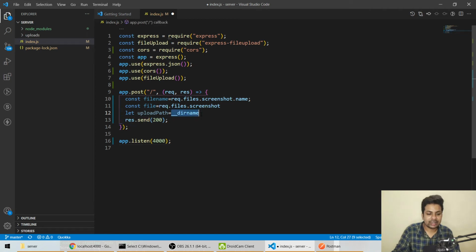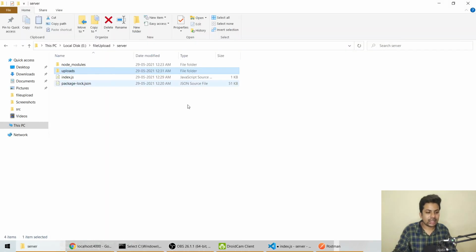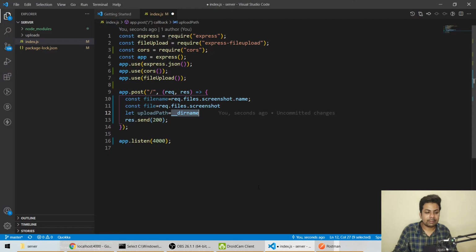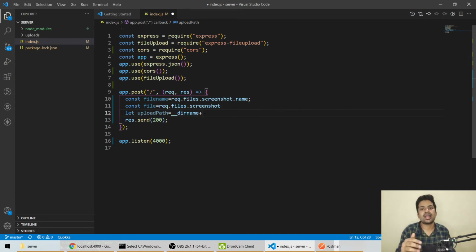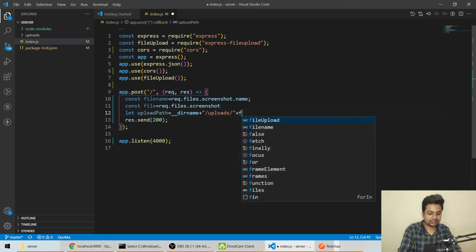This command automatically outputs the name of the directory, like e colon slash file upload server, the present location of the file. Then I have to go inside the uploads folder, so I'll say plus slash, then uploads, then again slash, then plus fileName.